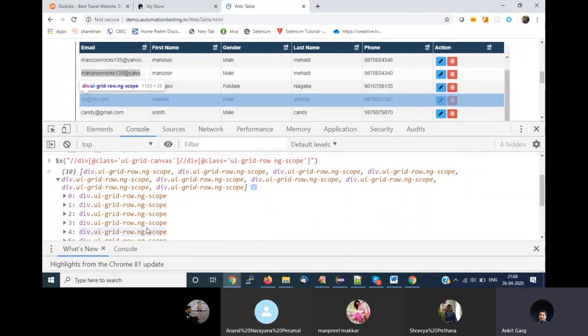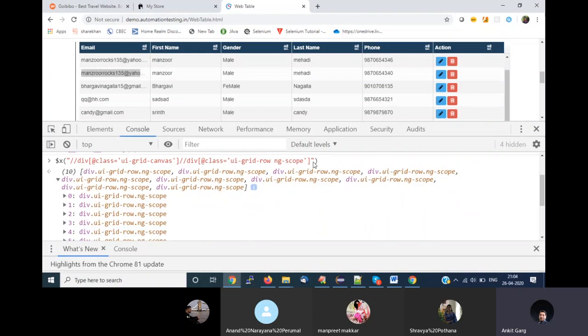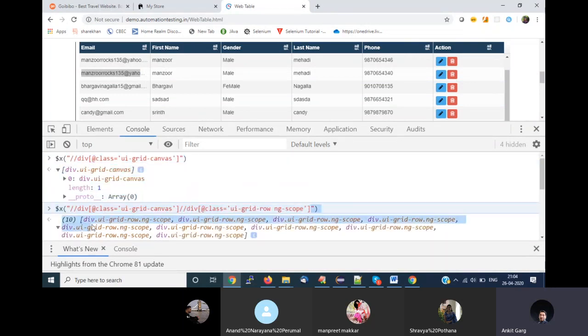Clear, team? So this is new for you. I can write any number of XPaths here now, right? So this is what we have studied so far. This is the parent, this is the child. If I want to find the next child, I can again put a double slash and write an XPath. I can go to any levels like this. XPath does not restrict me to only find one element in this way. This is the element, this is the parent of that element. I can also write the grandparent of that element.